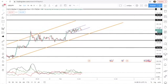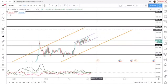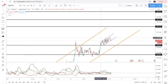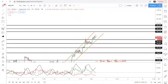Okay, so here we are, still on my 15-minute, right? Now, this is more than likely the area that I'm going to put my stop loss, and this is more than likely where I'm going to be able to put my take profits, right? So I can come back actually to my,